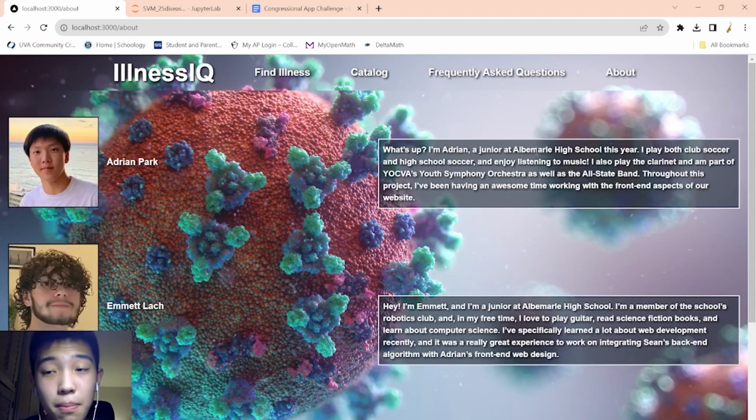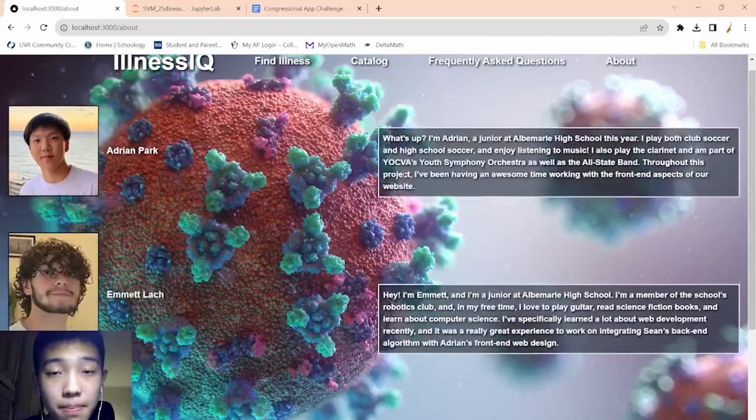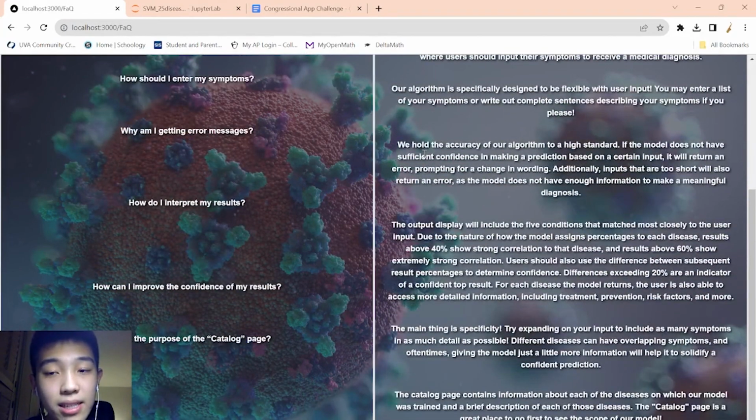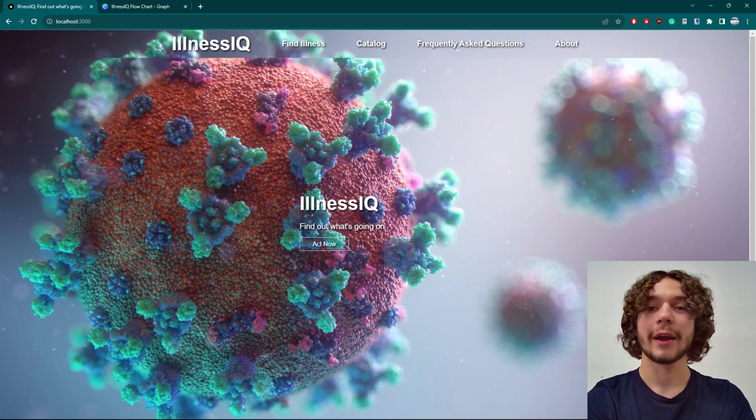Users can access the About page for more information about us, and the FAQ page for answers to important questions, such as best practices for input and interpreting model output. Divided into 4 major sections, our app includes a front end, a back end, our disease model, and the connections